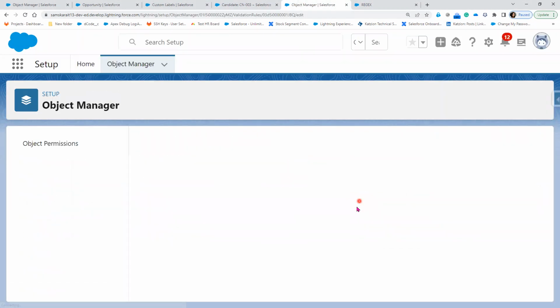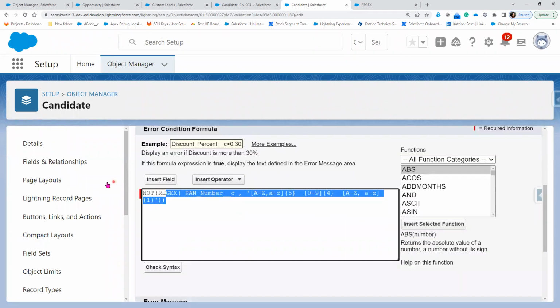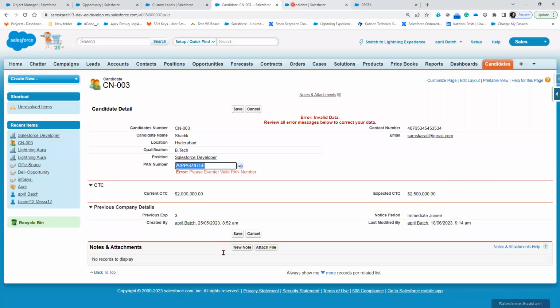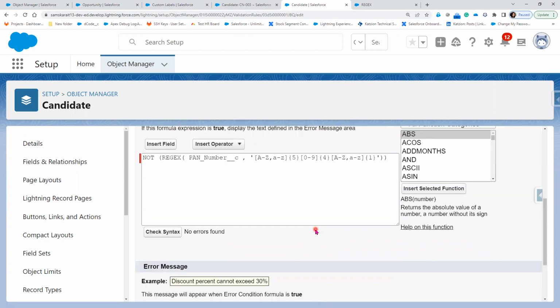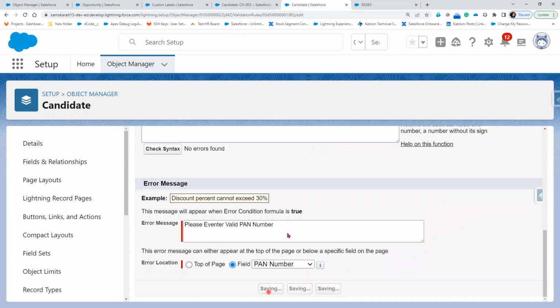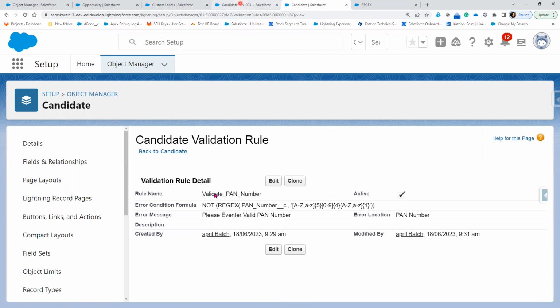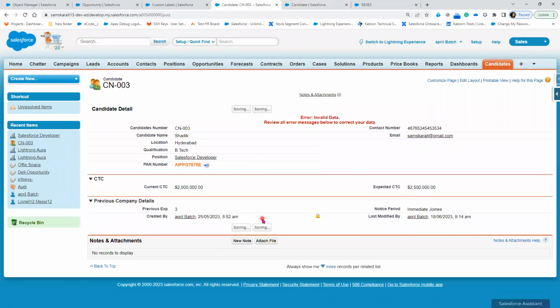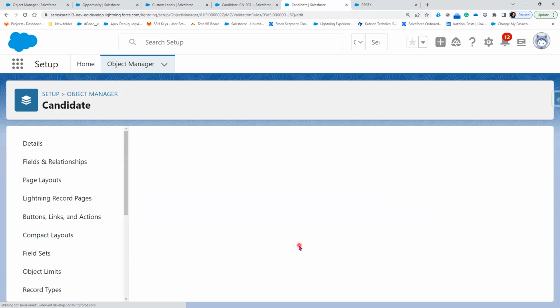Now let's take this. Right, so PAN number, check the syntax, click on save. Now let's go ahead and save this. Now it is allowable. Okay, so the reason is there is some space which I had added there,